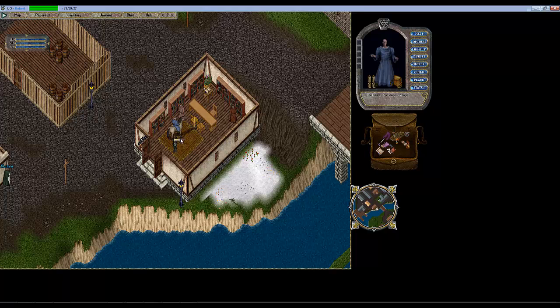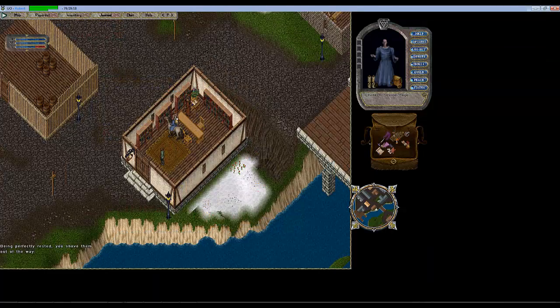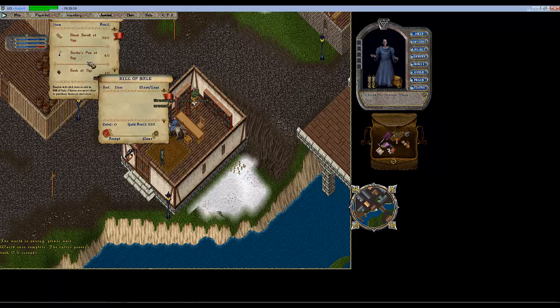We're going to go in here, and we're going to open up the vendor, see what he can do for us. So we'll open up the interaction window with our scribe here, and we'll scroll down some spells. So see, there's a whole bunch of different options here. There's really only a couple we need at this moment before we start filling our spellbook up. And those are